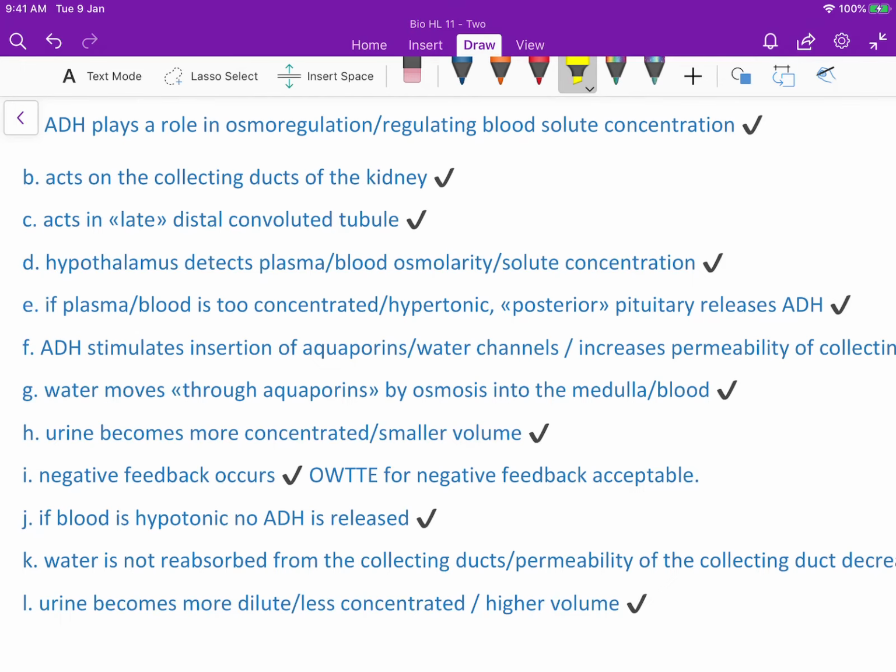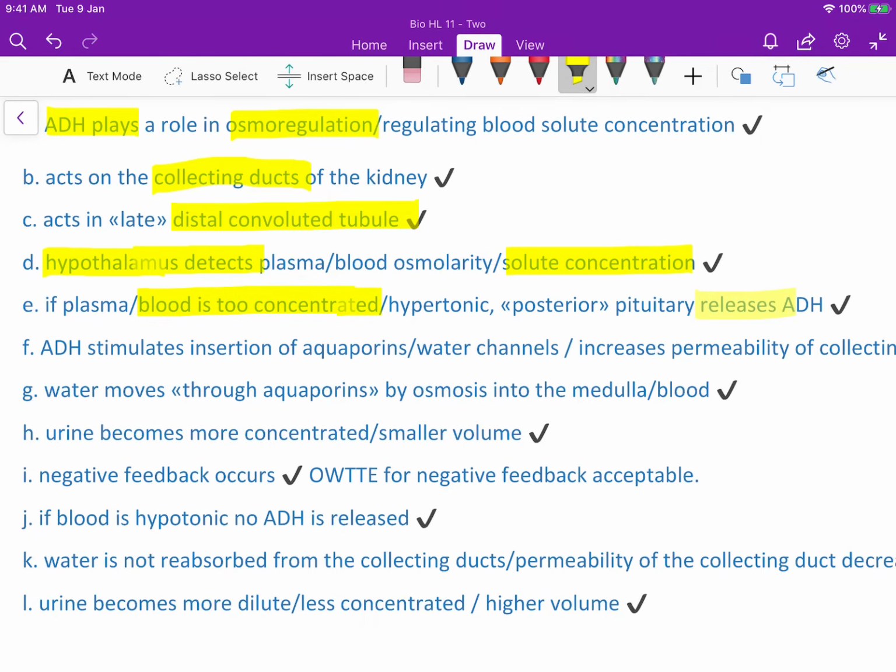So the final little recap with the essay: we can see that ADH plays a role in osmoregulation, regulating the blood solute concentration. Acting on the collecting duct, it also acts in the late distal convoluted tubule. The hypothalamus, the brain, was detecting the solute concentration. And if the blood was too concentrated, we would then get the release of ADH from the posterior pituitary. ADH would stimulate insertion of aquaporins. The water would then move through, and good to mention, which we didn't in the last part, it moves via osmosis. Then we get concentrated urine